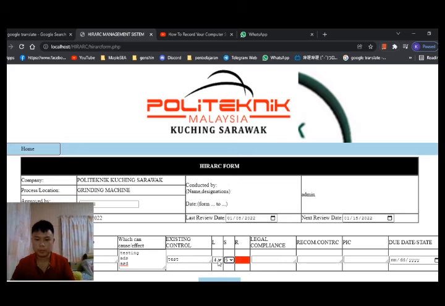It will multiply and then show here. If the number is bigger than the range, then it will have a red background. If we choose 3, it is a yellow background, which means it is normal, and for green, we choose 1 multiplied by 1, and you are under the range, then it is safer. Okay.